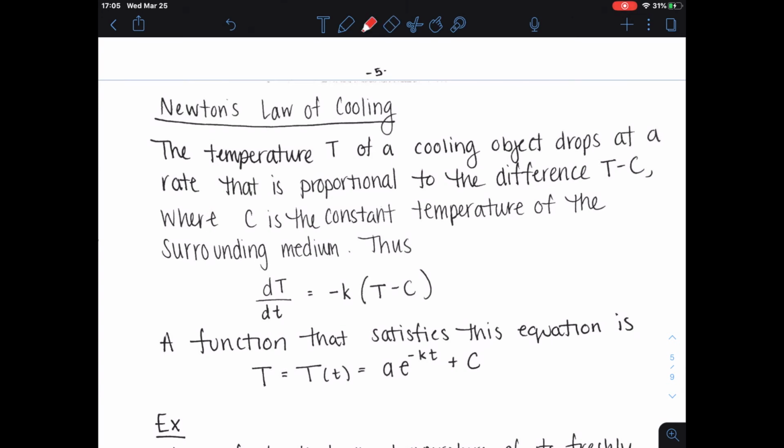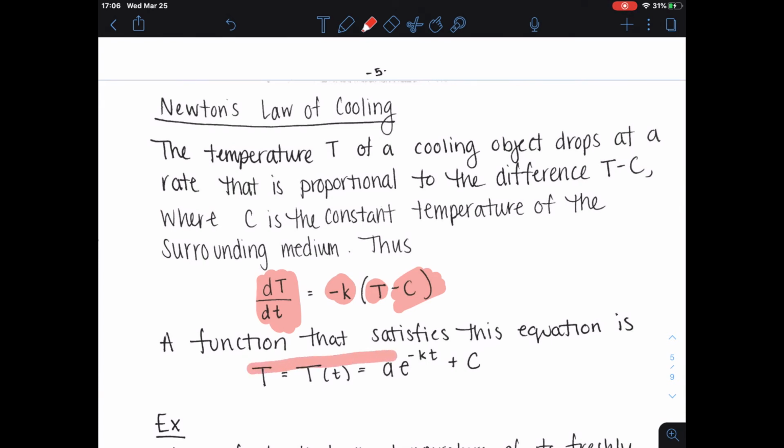So the differential equation we have is the rate of change of the temperature with respect to time is going to decrease, so it's negative k, times T minus C. So that's the difference in the temperature of the actual object and the surrounding medium, like the air. So it still has a similar form to these decays because it's got the negative k. It still has T. We just have this extra term, that minus C, that plays a little bit of a role. So you can look in your book if you want to see where this formula actually comes from, but